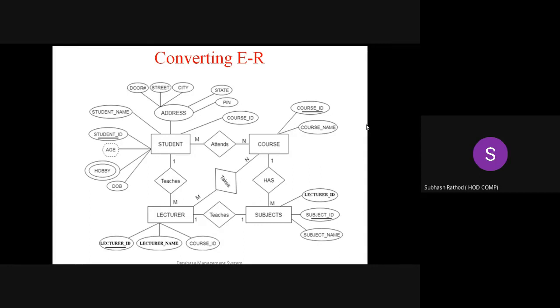Please complete it right now. Take 1 minute and complete this ER diagram. I will give you 1 minute again.